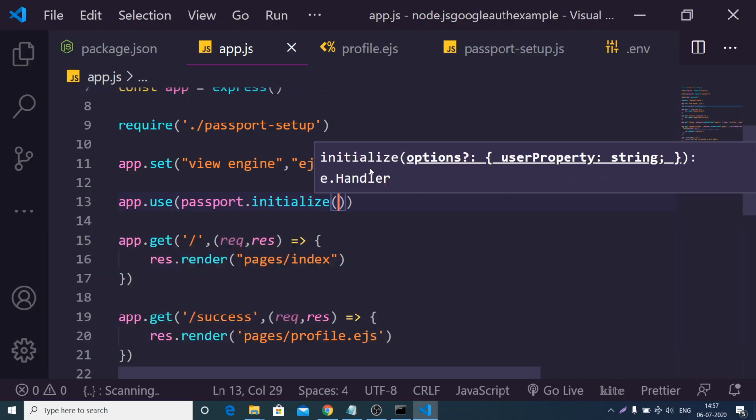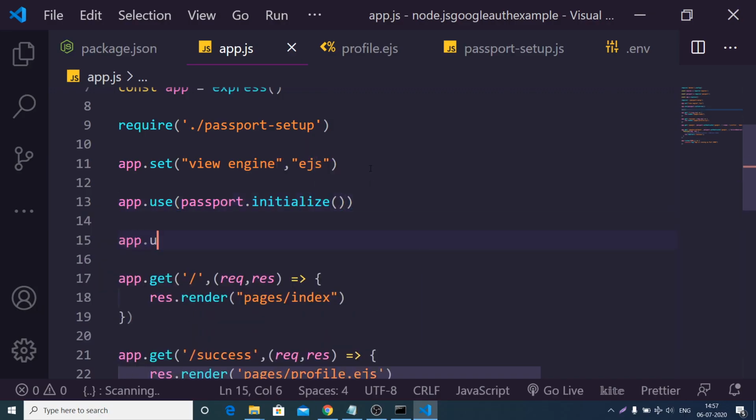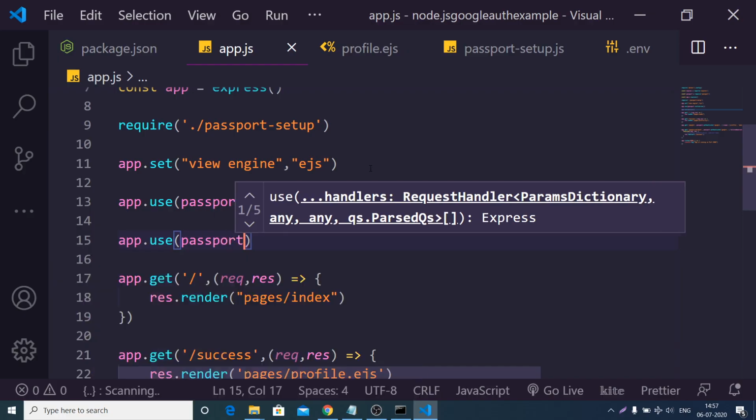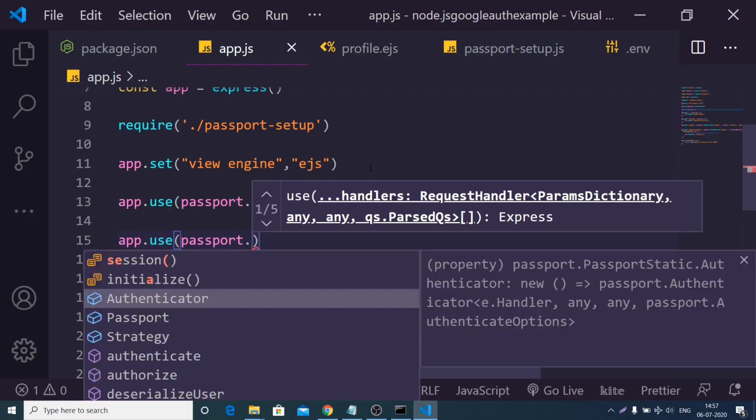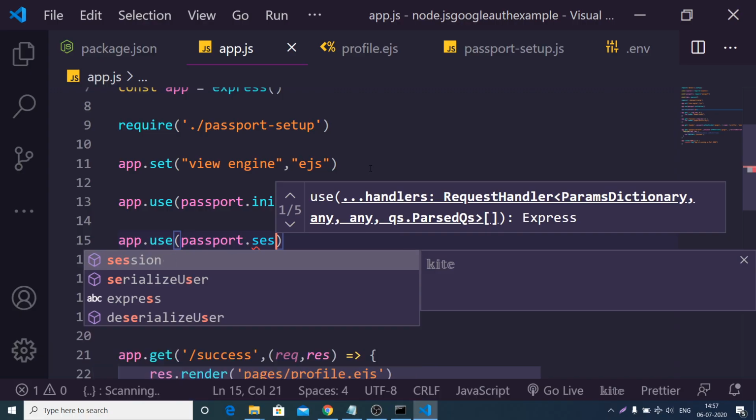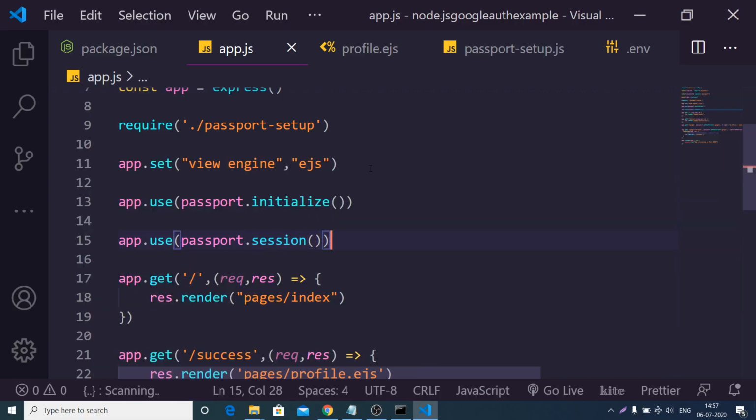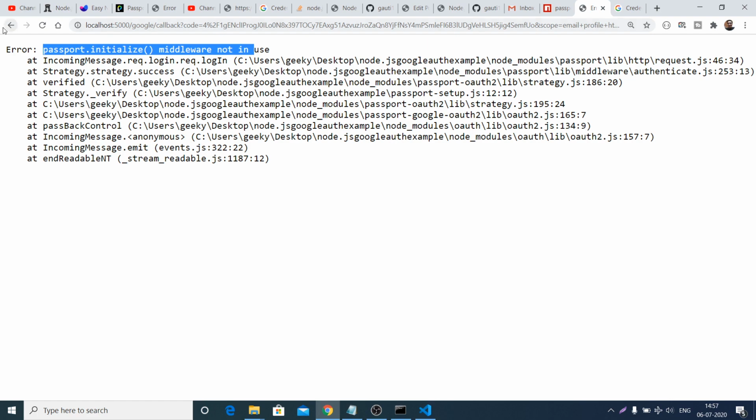This is a middleware, and we also need to initialize one other middleware, which is passport.session, like this. Write these two lines and then your error will not come.